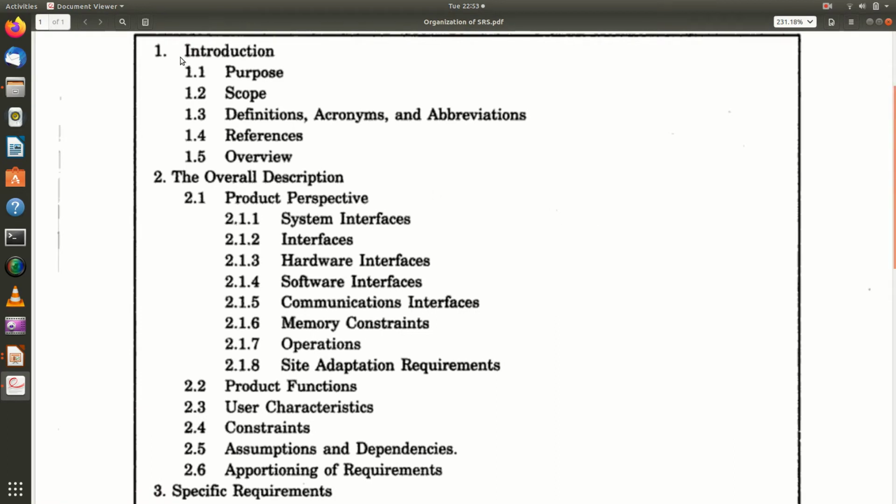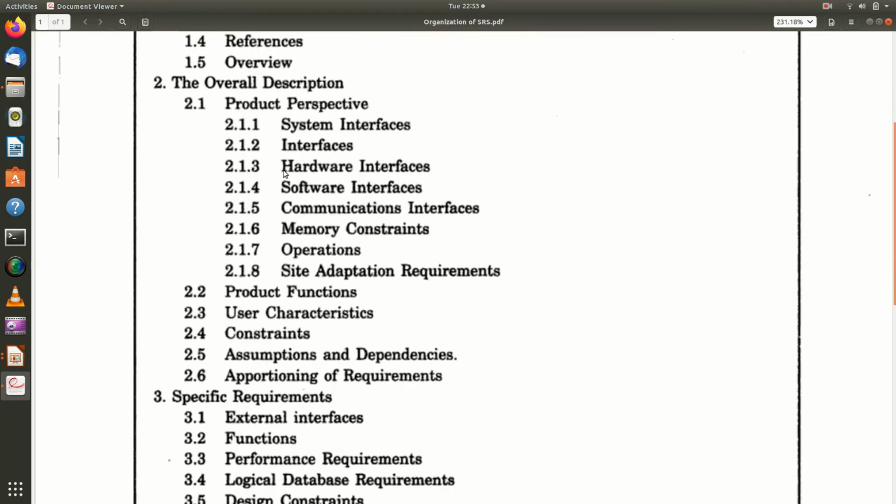You must have the introduction. In the introduction, you must specify the purpose of the software, the objective, the scope of your software, all the definitions, acronyms and abbreviations, the references and the overview. Then in the second part, you give the overall description of the software, the product perspective based on the interfaces, hardware, software, communication.